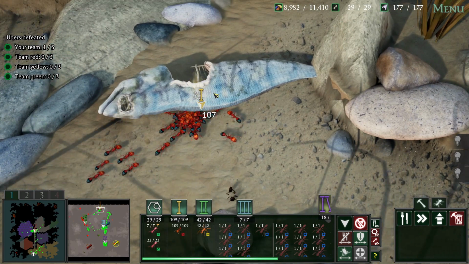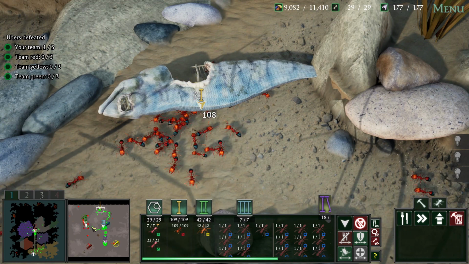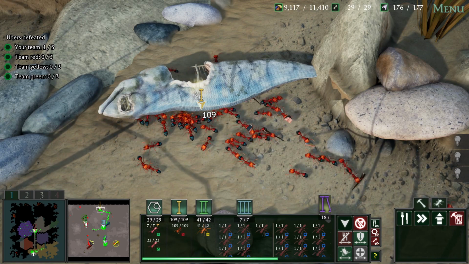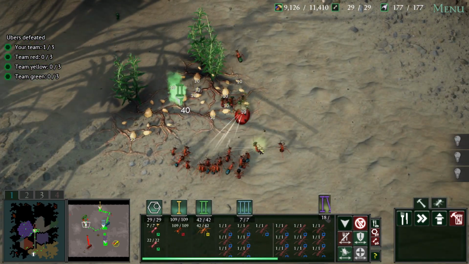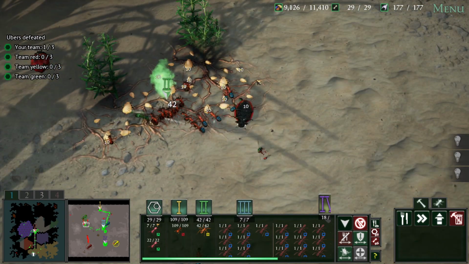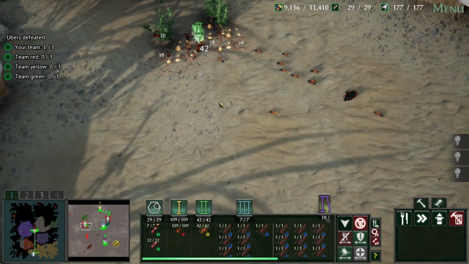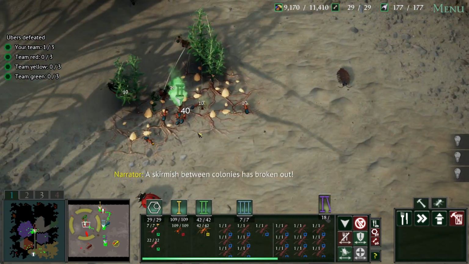We don't necessarily need this food, but, you know, you never know. Better me have it than my AI opponents, right? Red is getting a bit more cheeky. Looks like he's just gathering this food here. But my wood ants will hopefully stop that. We'll see. Right now, the wood ants are...